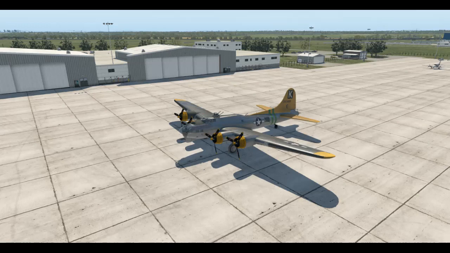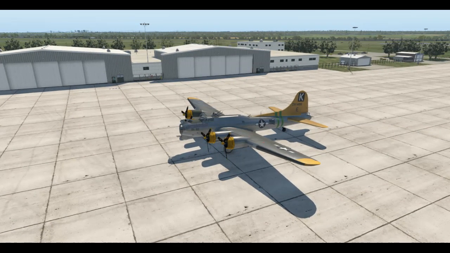With more and more multi-crew aircraft being developed for DCS, I think it's only a matter of time before we get a multi-crew 4-engined bomber from World War II, and my choice for such an aircraft is the Boeing B-17 Flying Fortress. Not only would the Fort fit in well with the European theater maps in DCS, but the aircraft